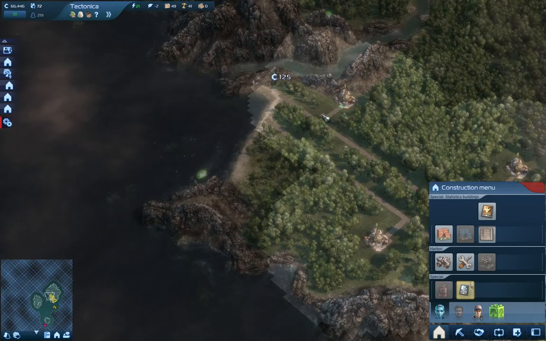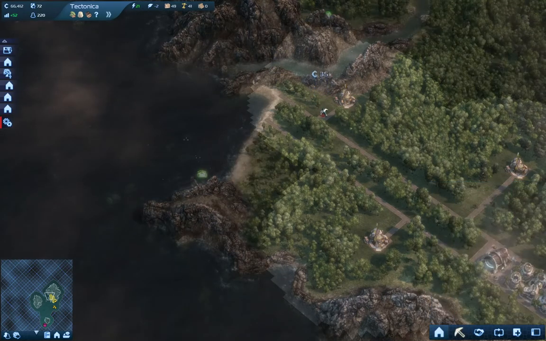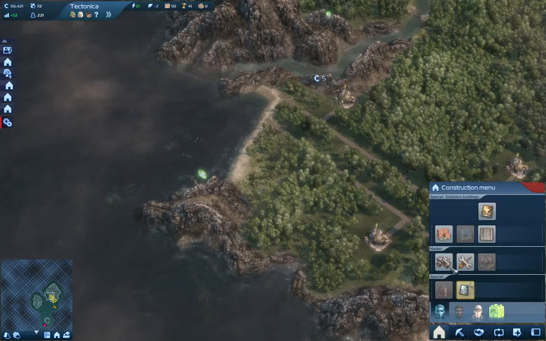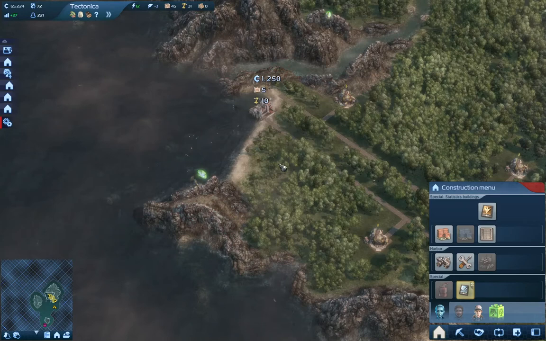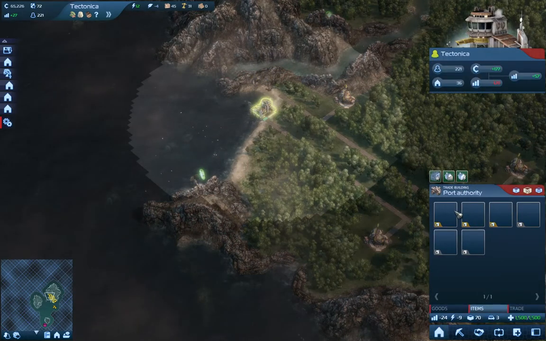And then I'll connect that with the road. And again, I've done that. So let's demolish this little tiny square. There we go. And let's see if I can build another wharf. Bam, there we go. And what this has done, this has now increased my